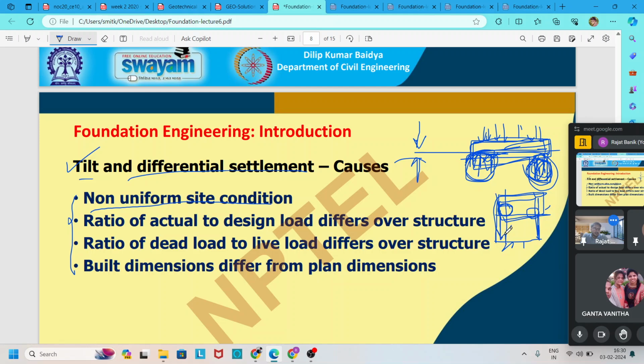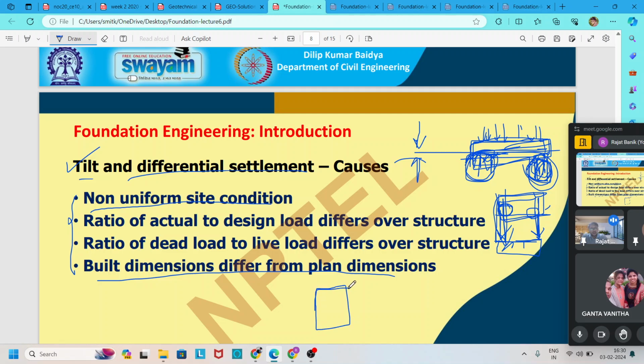That means here this column is getting higher pressure or this column is getting lower pressure, so there may also be a possibility of tilt and differential settlement of the structure. Then the built dimension differs from the planned dimension. This means we designers design the structure or foundation